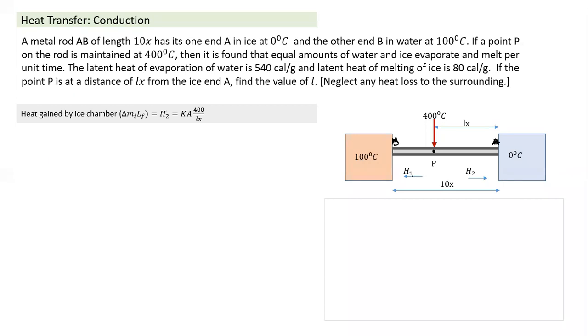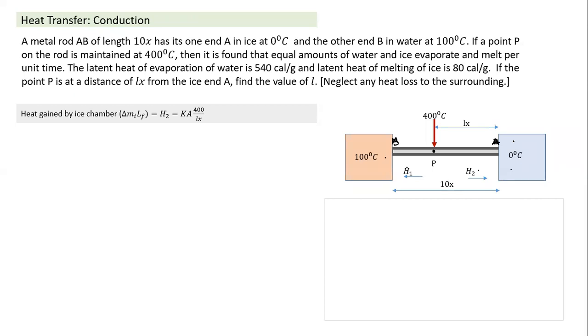All we need to do here: in this case, how would the heat flow? This is 100 degrees, this is 0 degrees, this is 400 degrees. So heat will flow from P in this direction. H1 is the heat flow rate. From here to here is also H2, the heat flow rate. And based on the H2 flow rate, H2 into delta T, we can find out the rate at which the ice will melt, the rate at which steam will condense. And what is given here is that the rate of condensation and the rate of melting of ice are equal.